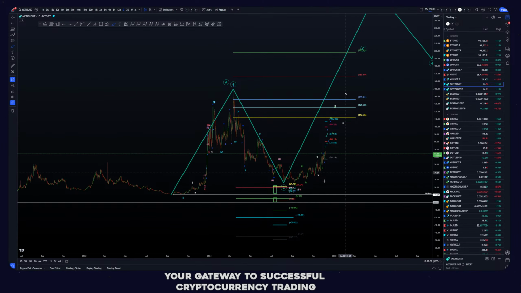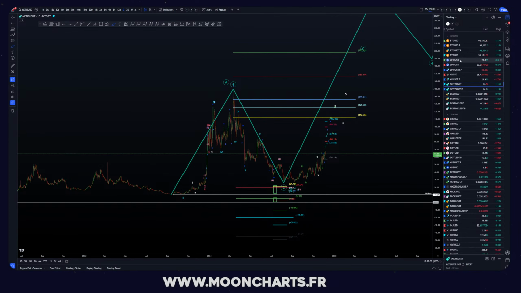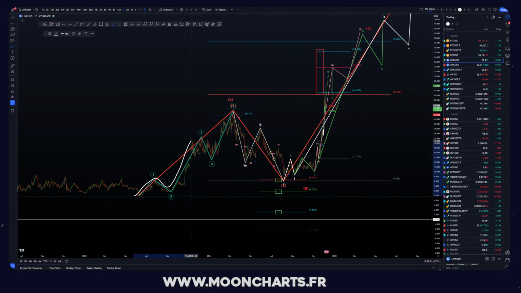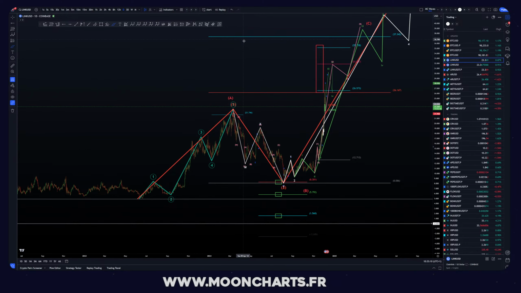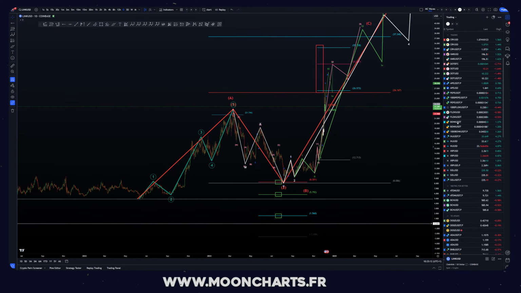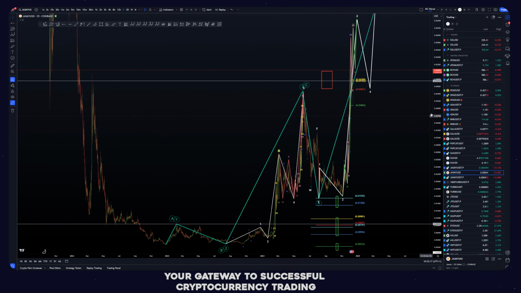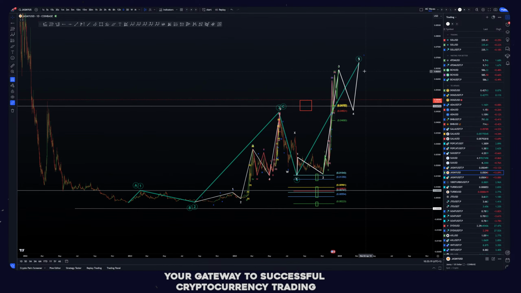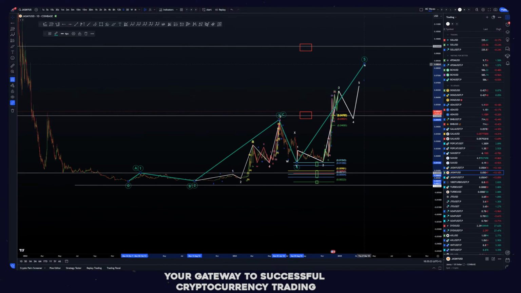I did not pump it yet, but it might happen soon. Otherwise, you have Link, that is here. You can see here 1, 2, 3, or 5, bigger wave 1, bigger wave 2, bear market here, and then boom, it comes back up again. All this kind of wave really. And that will be the same for JASMY, but on a bit of a bigger time frame, I can't lie.